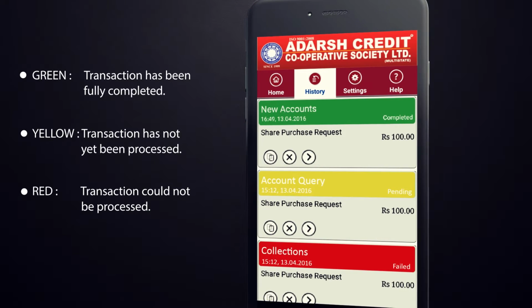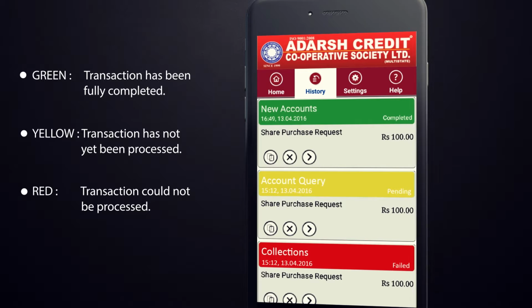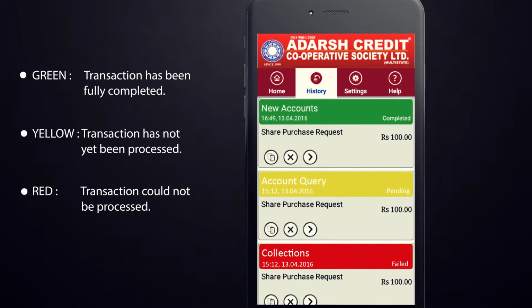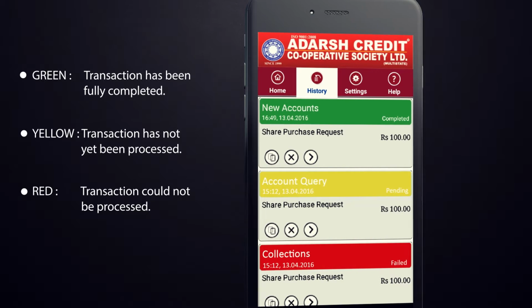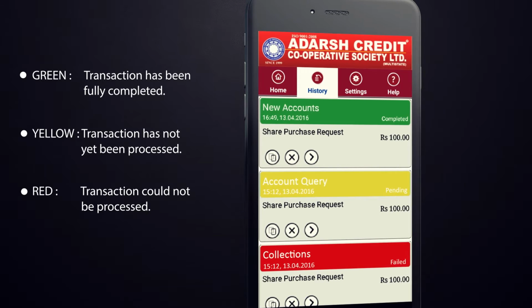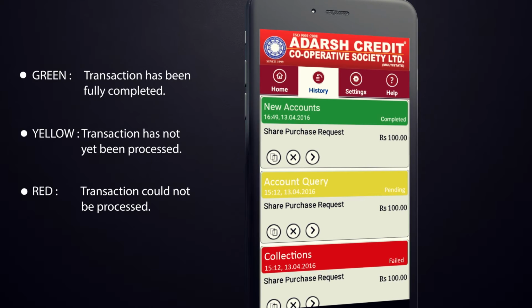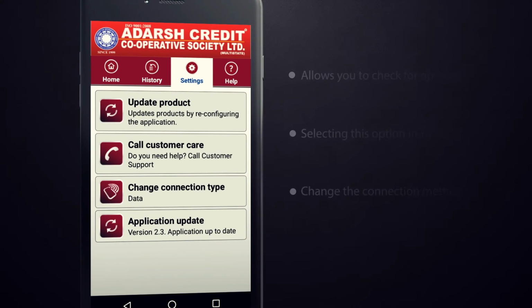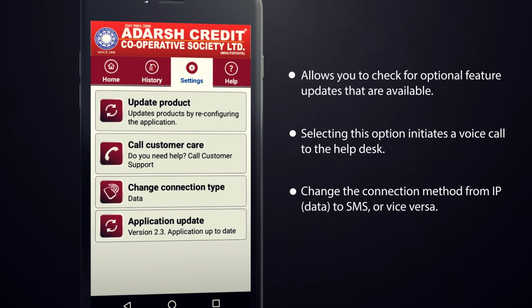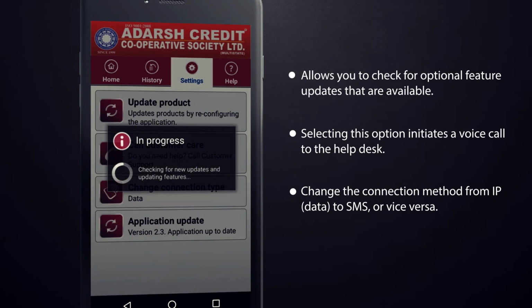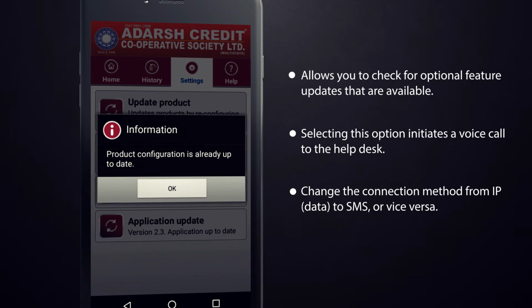If your transaction has been successfully processed, status message will appear in green. If your transaction has not yet been fully processed, status message will appear in yellow. If the transaction has failed, it will appear in red. In Settings tab, you can check for an optional product feature update by clicking on Update Product.